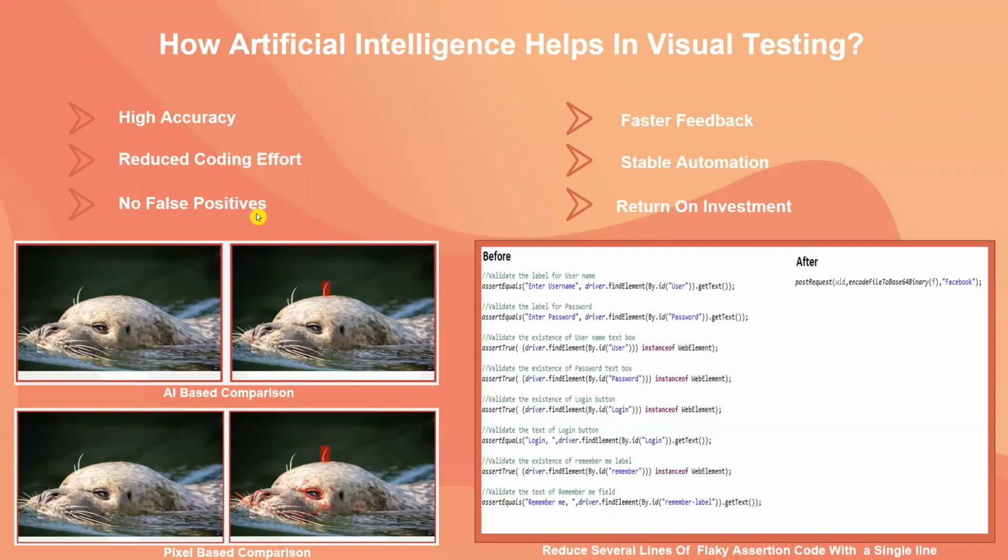On the bottom left, you see two comparisons. The first comparison is the AI-based comparison. The second comparison is a pixel by pixel comparison. So let's take a look at the pixel-based comparison on the bottom. You see here so many red pixel displacements. This is an actual real image. We haven't just plotted these pixels. This is a real image showing